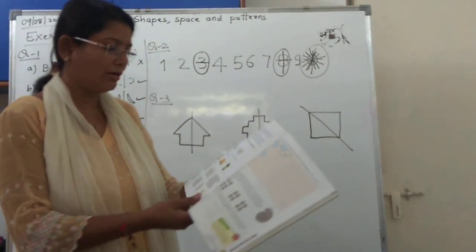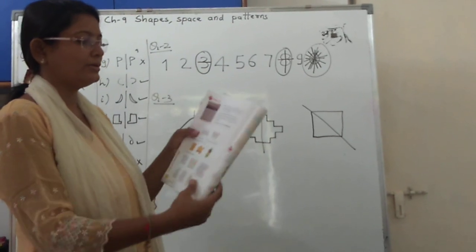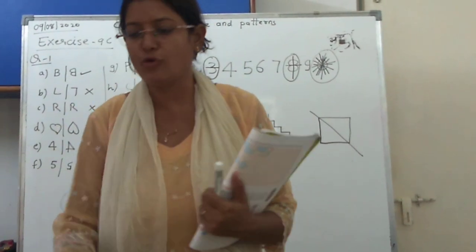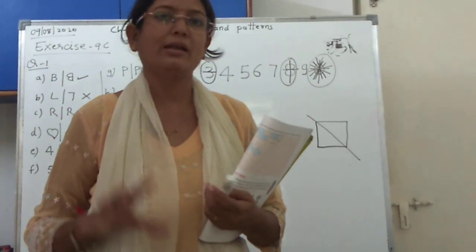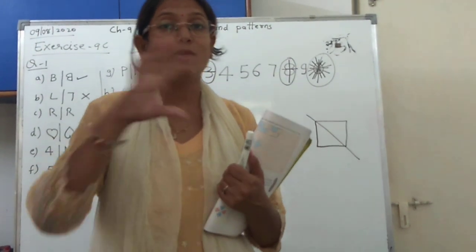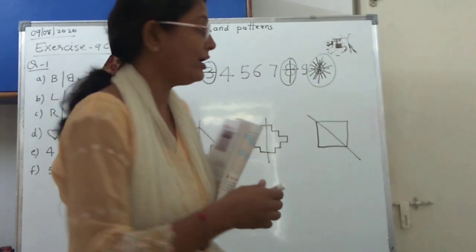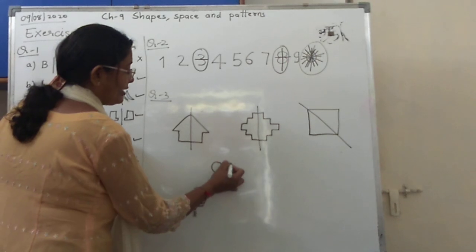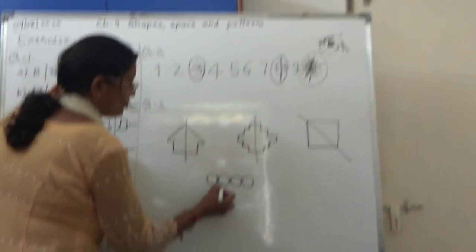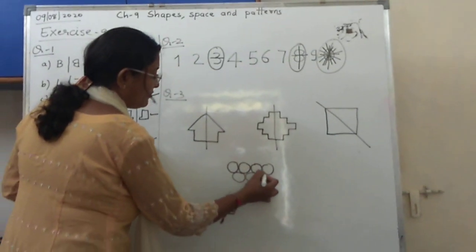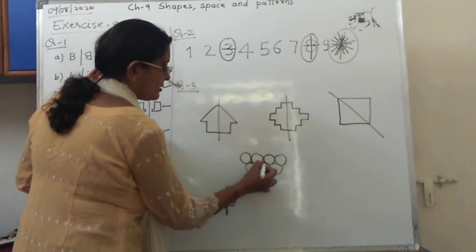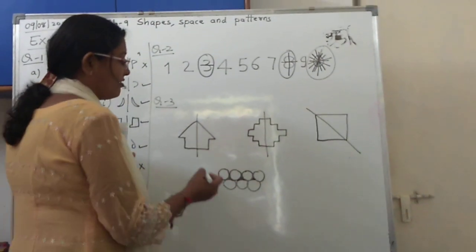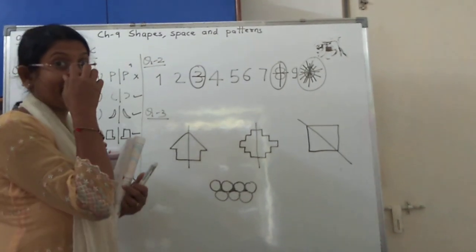Now here tessellation is given to you. Tessellation means what? Children, you all know that if you observe the floor of your house, the tiles are kept. Now how are the tiles arranged in your house? One tile with the other tile with the third tile. If the tile shape is a circle, and I am drawing here, meaning I am arranging that, just see what will happen. In between the shapes, a gap will remain. See here, this gap is remaining. Can you see? Yes, this gap is remaining. So these shapes, we cannot say they are tessellated.